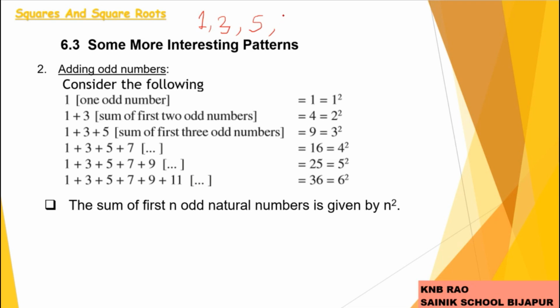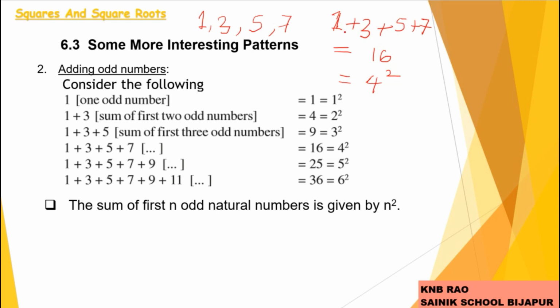If I take odd numbers from 1 up to, let's say, 7, then when they are added, 1 plus 3 plus 5 plus 7 gives the perfect square 16, which is square of 4,